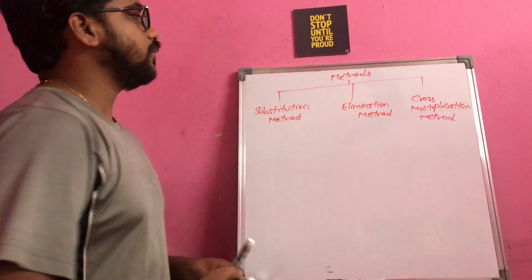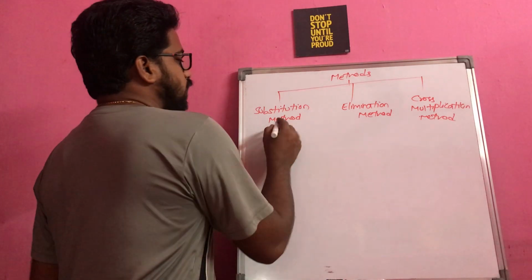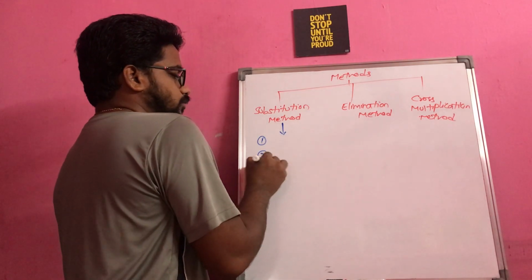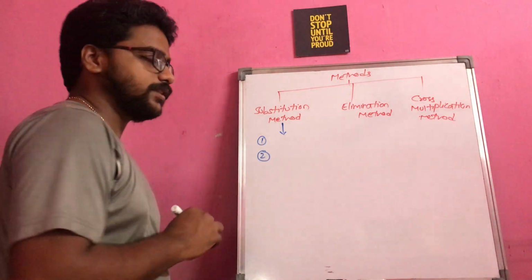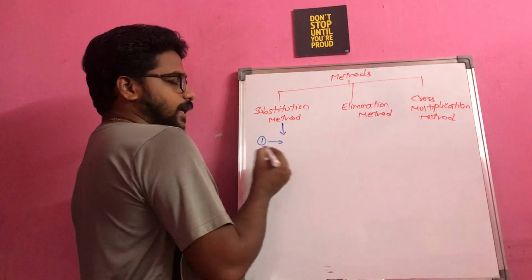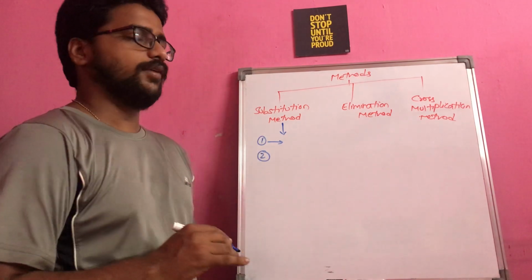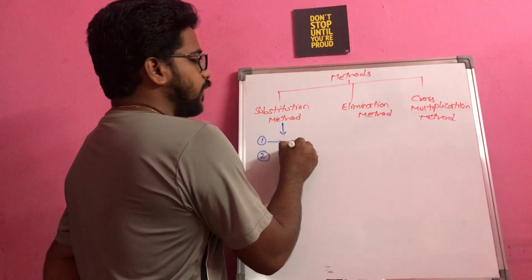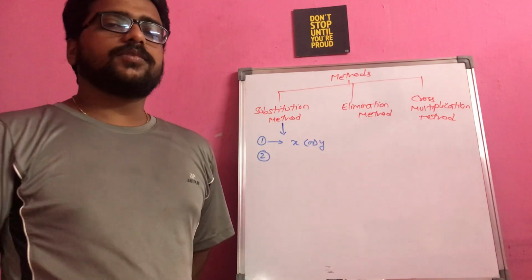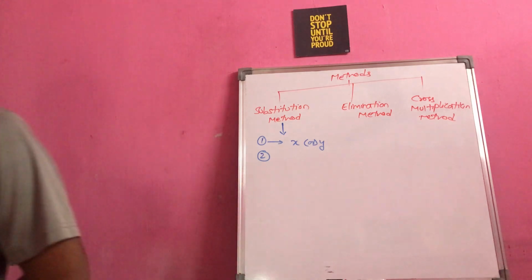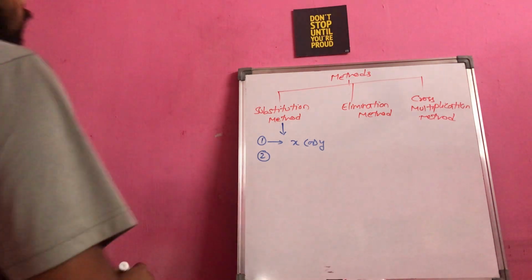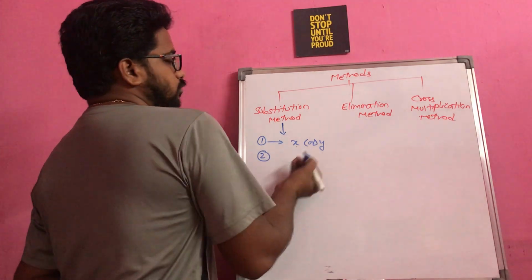So if we observe, in the substitution method, as the name suggests, you will have two equations with you, that is, a pair of linear equations. From either the first equation or the second equation, according to your convenience, you will find the value of x or the value of y. So from the first or the second equation you will try to get the value of x or value of y.